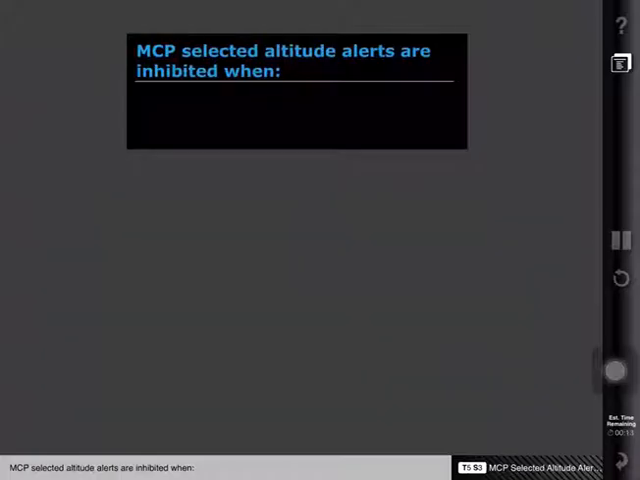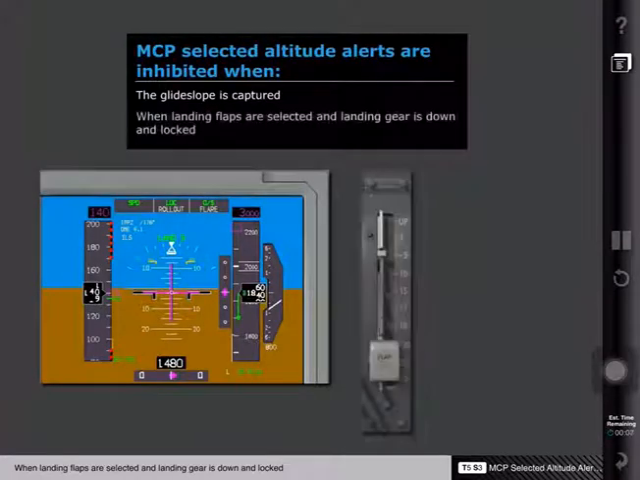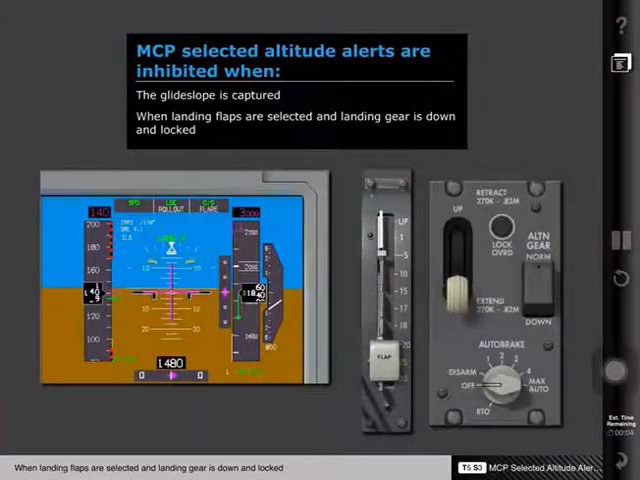MCP selected altitude alerts are inhibited when the glide slope is captured, or when landing flaps are selected and landing gear is down and locked. The traffic